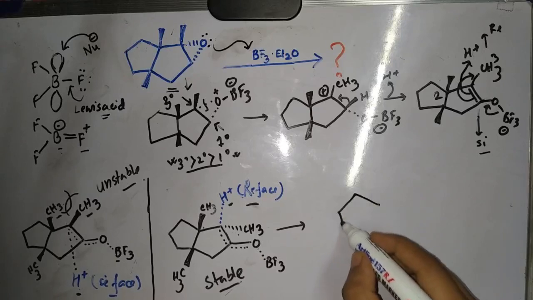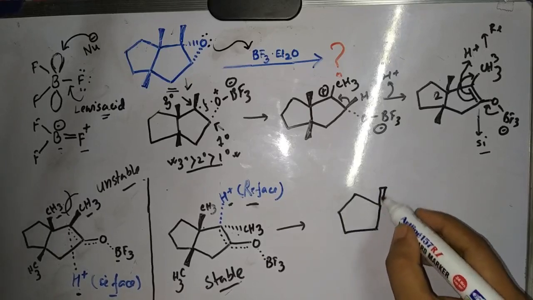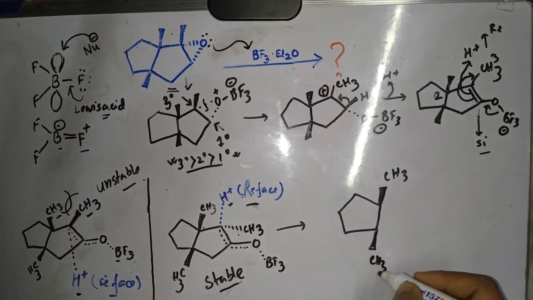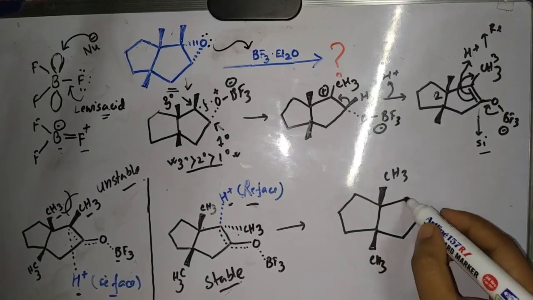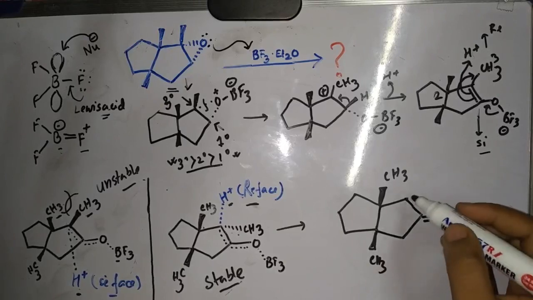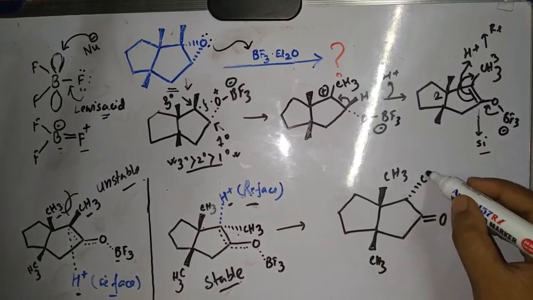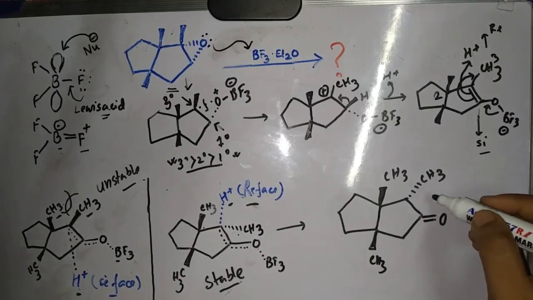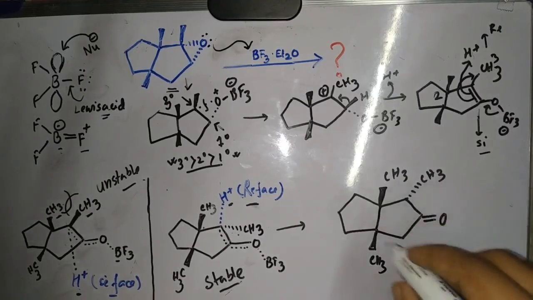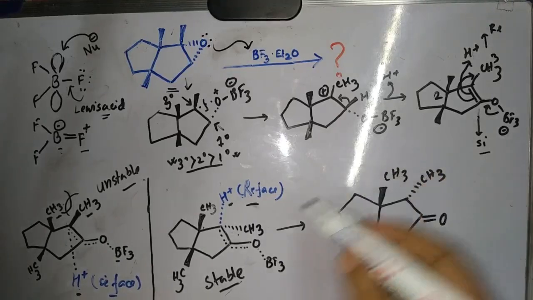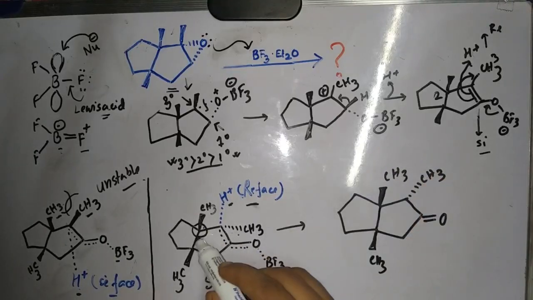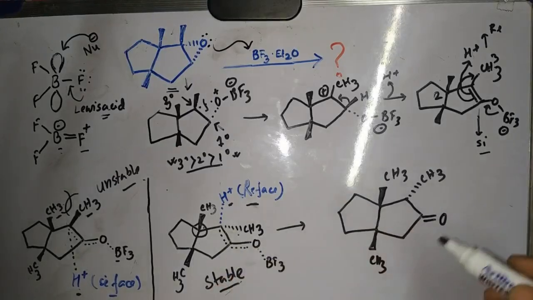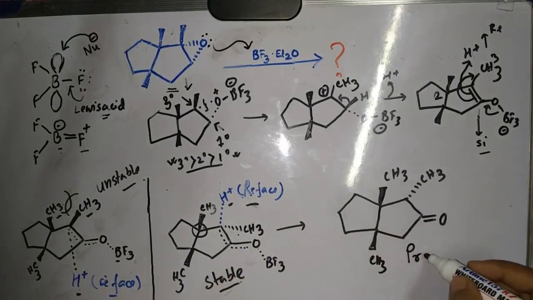So guys, the product structure will be like this. So this CH3 will be in the above bond, and this CH3 will be in the below bond, and this double bond will come here, and this CH3 will go to the below. That means the hydrogen is there in the above, so we may not write the hydrogen. So guys, this is known as the induced chirality. This chiral center induced the chirality of this center. So this is known as the induced chirality, and this is the final product structure.